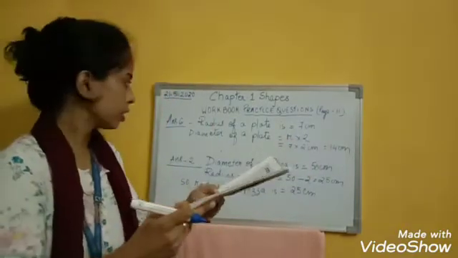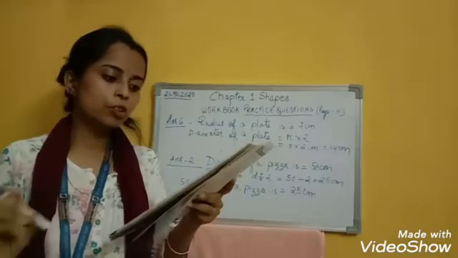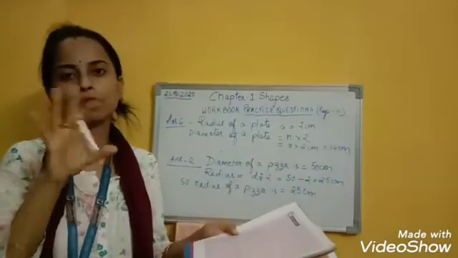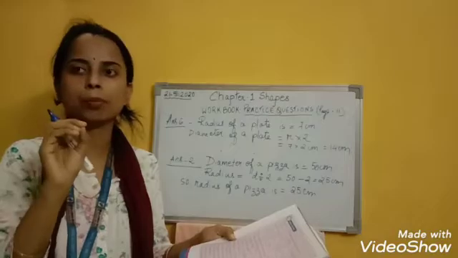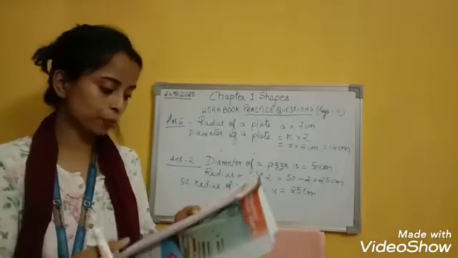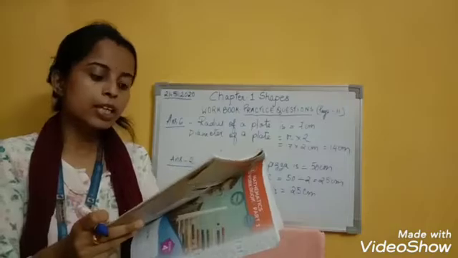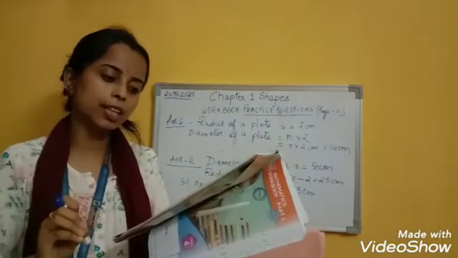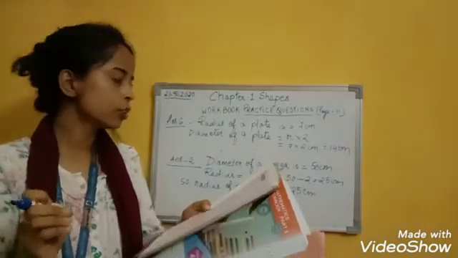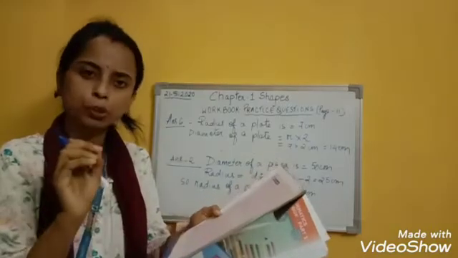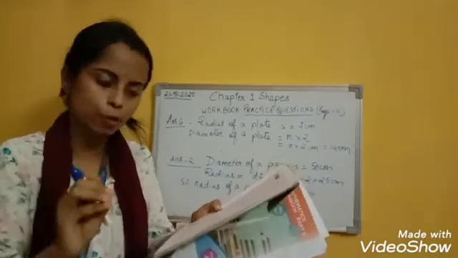Next, question number 7. Draw and name a circle of radius 2 centimeter. In this question, you have to draw a circle for radius 2 centimeter. That is your homework. Come to question number 8. If the diameter of a circle is 30 centimeter, what is its radius? This type of question I have already discussed with you, same as question number 2. So 8 is also your homework.